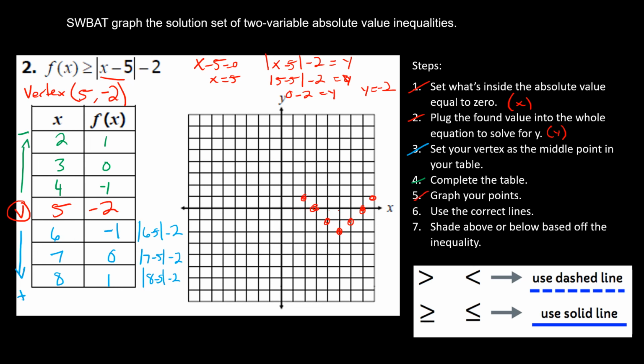So we've graphed our points. Now we're going to use the correct line. To identify the correct line, we see in the equation we've got greater than or equal to. So we want to use a solid line because it's also equal, so we include these points in our solutions. Graph,